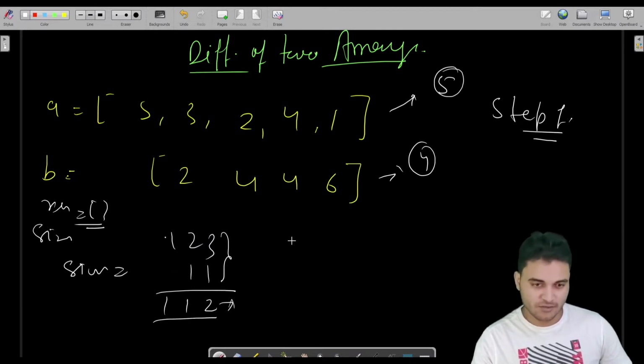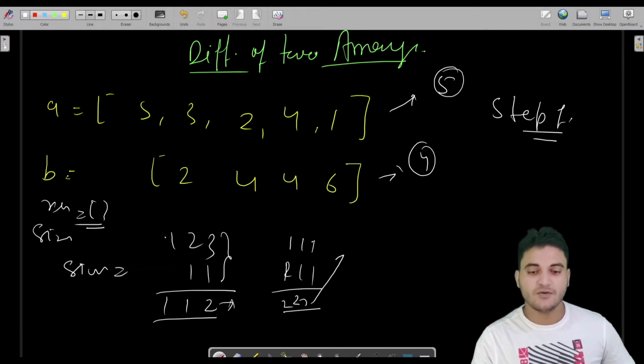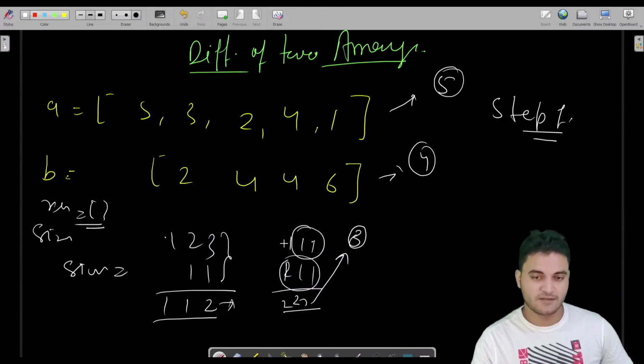Let us see with the same number of digits: 1, 2, 1, 1, 1 and 1, 1, 1, 1. So 2, 2, 2. That means the result can go to a maximum of the size of either array, whichever is maximum. Like in our addition process, the result was going to be max plus 1, because if 1 was the carry in the last iteration, then you have to store that carry also.